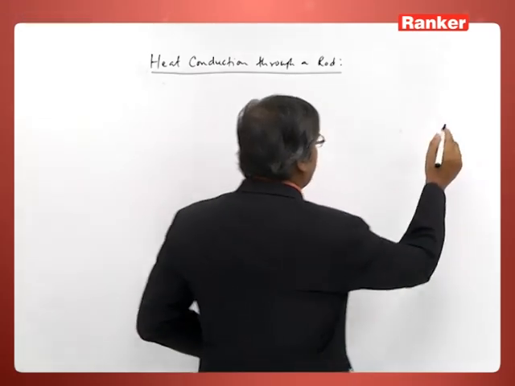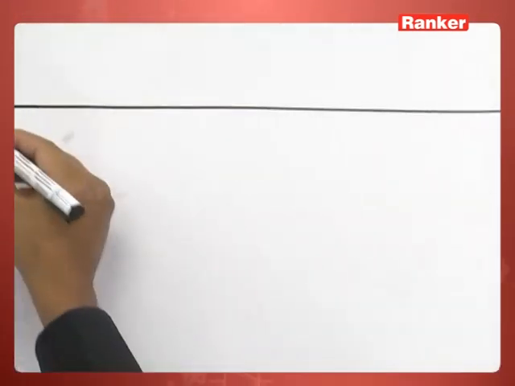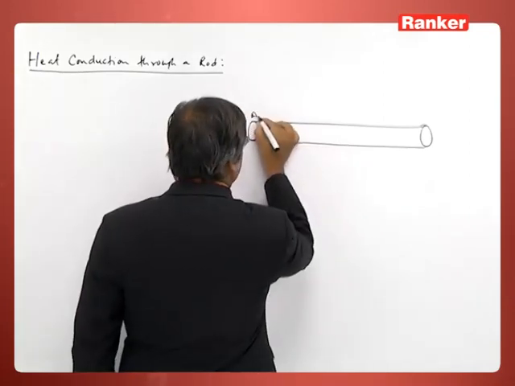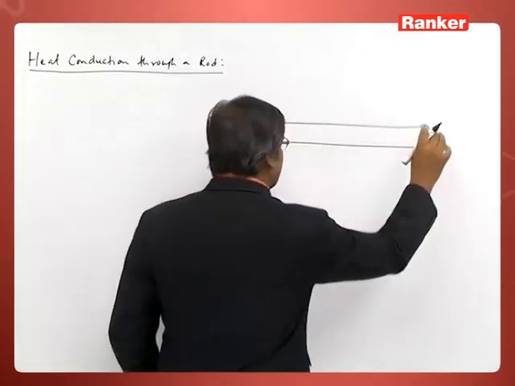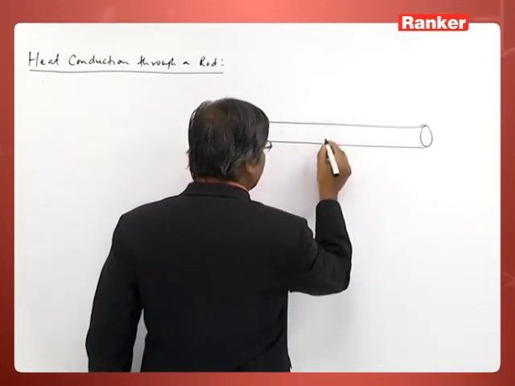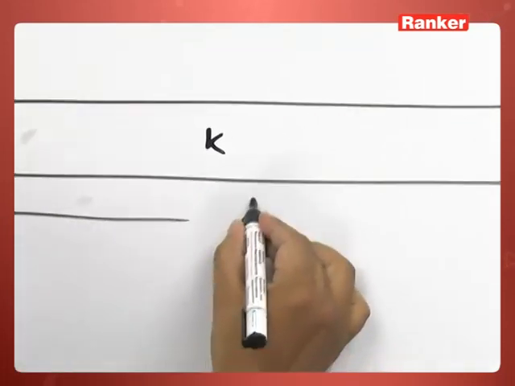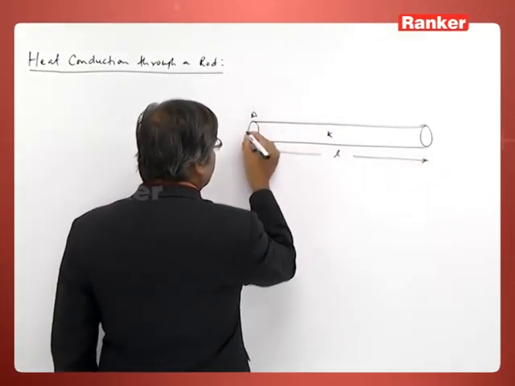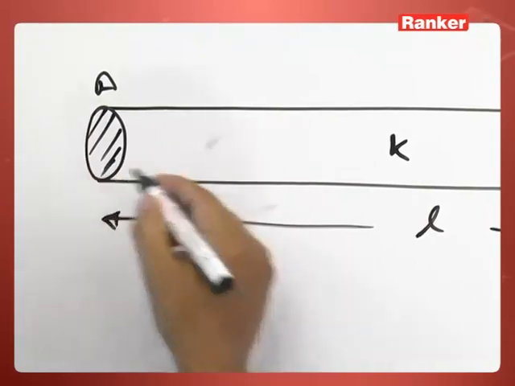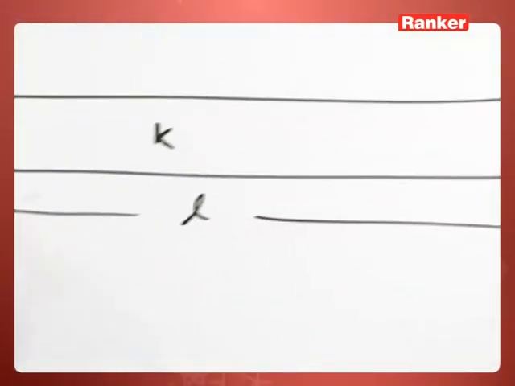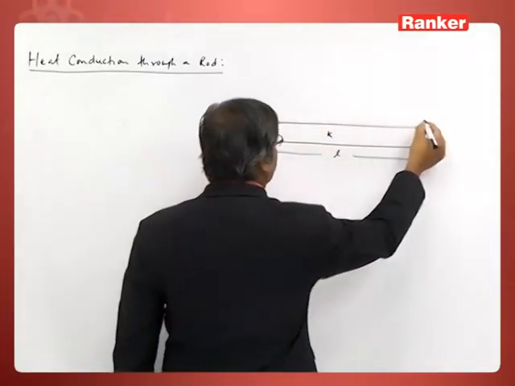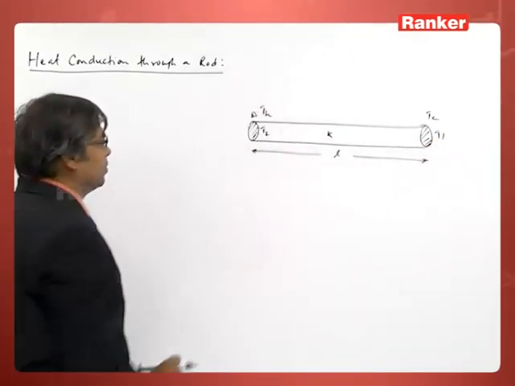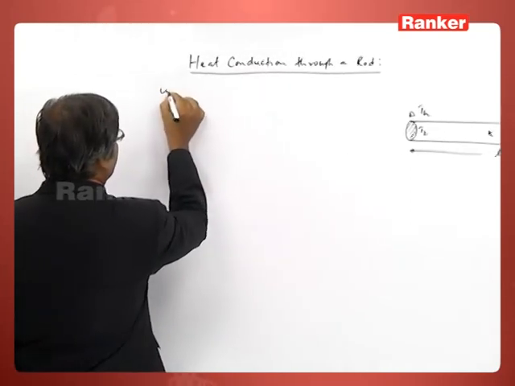Here I have a uniform conductor of uniform cross section area A. This matter is isotropic, meaning it has the same conductivity K throughout this medium, and the length is, suppose, L. On this side we have a higher temperature, suppose T2, T hot, and this is T cold, or suppose T1. Now, using